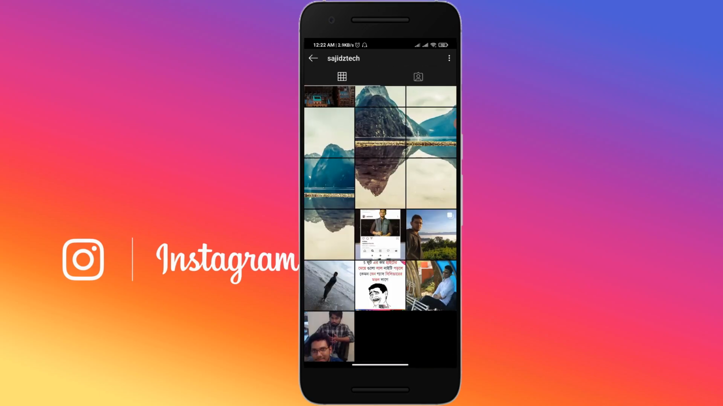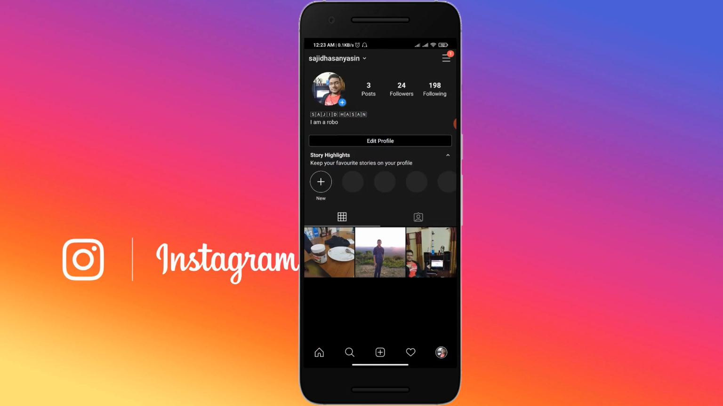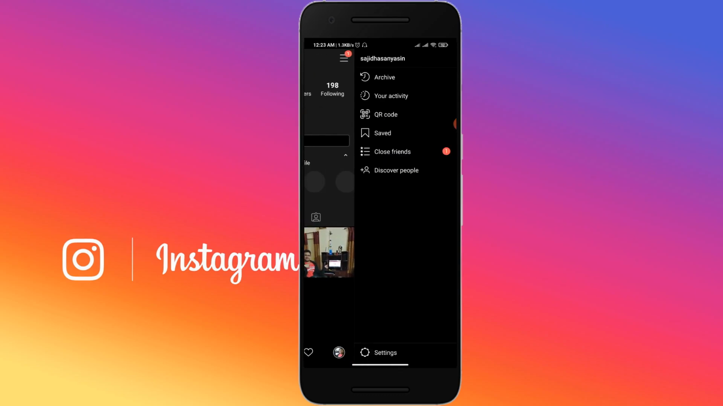and you can also create your own connection with them. So guys, this is how you can create your own QR code for yourself. And if you can easily create your own QR code for your Instagram account,